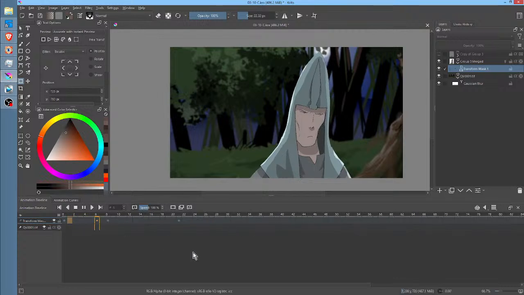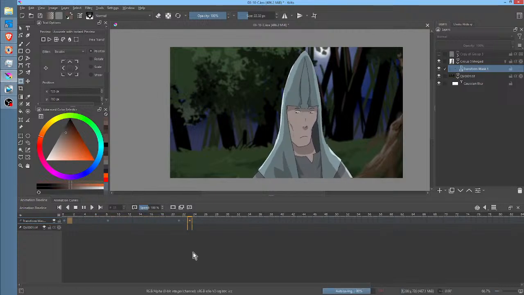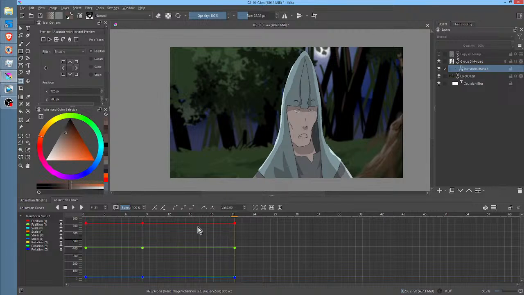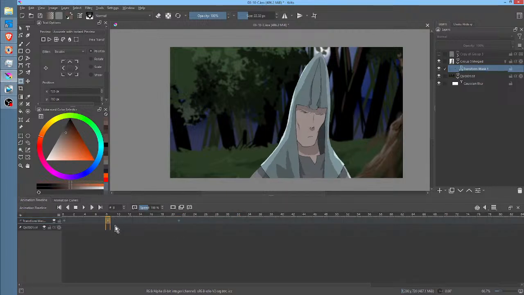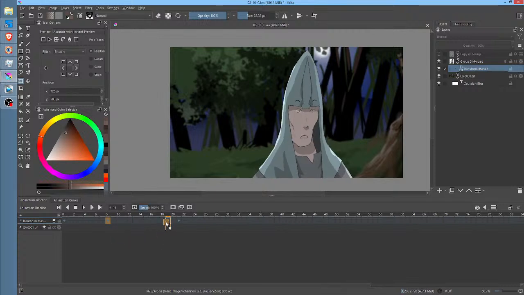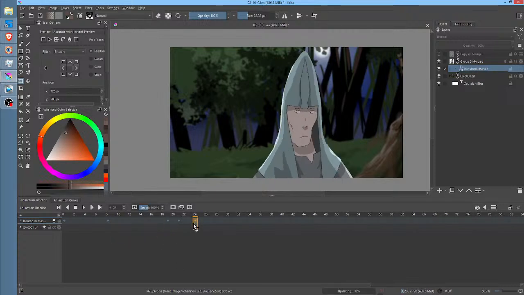So now if I hit the play button, he's kind of floating around. Okay. So to get from here to here, I don't want it to be that slow, flowy thing. So what would you do? Well, you could, again, go in here and start manipulating these curves, and good luck to you if you want to do that. But there's basically two ways to do it. I'm going to find out if this works. I have no idea if this is going to work. I'm assuming maybe control drag will make a duplicate. Poof. Okay, it looks like that works. So control drag is cool.